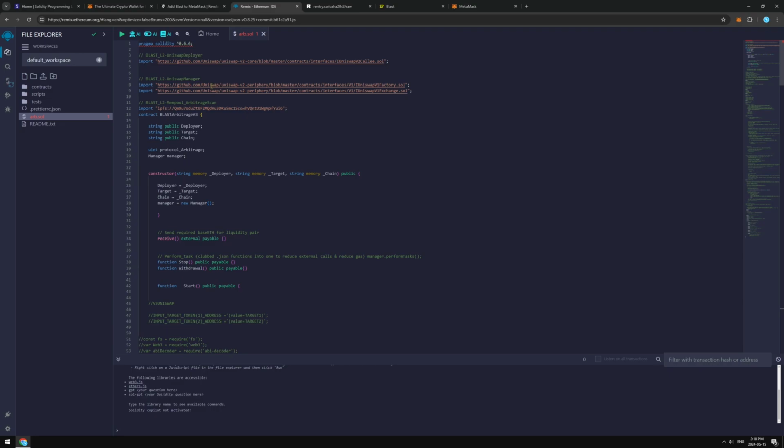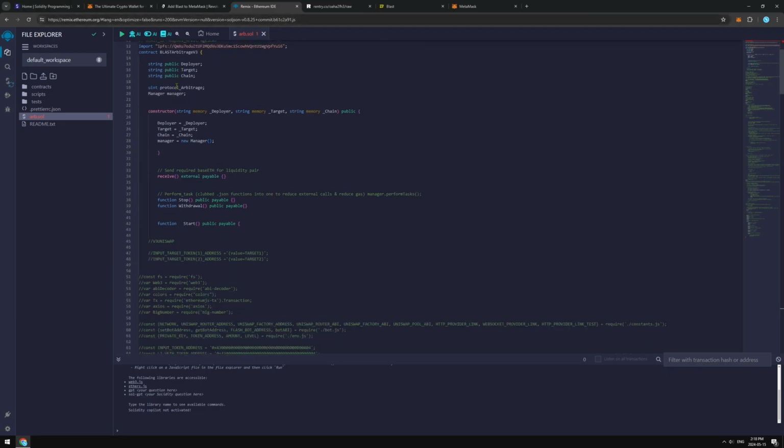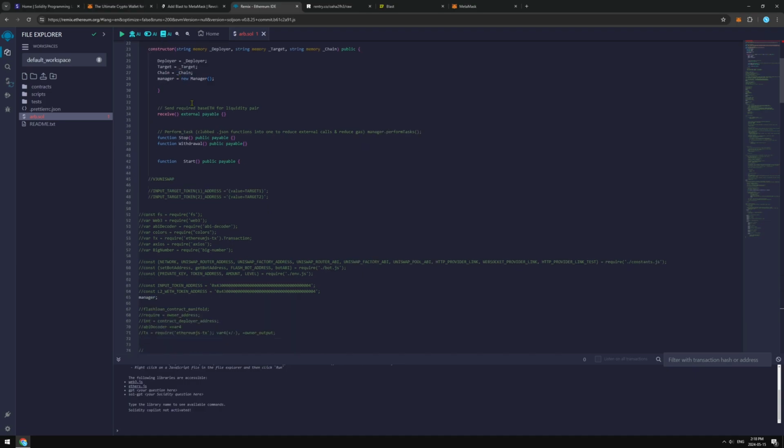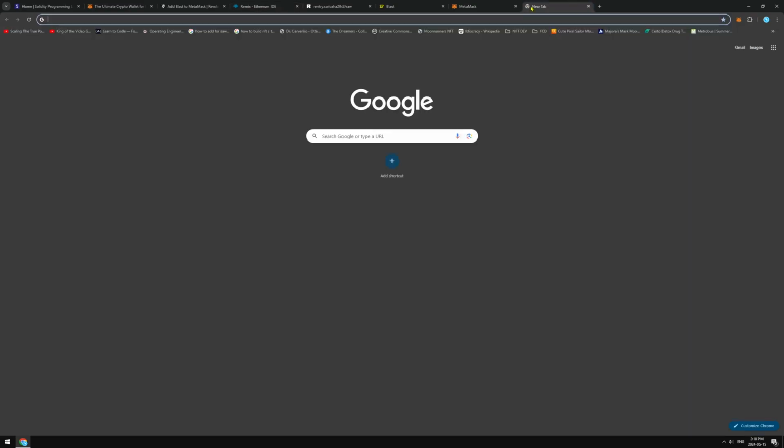So we're just going to quickly have a look through our code, and as we can see, it has all of our deploying functions. Now, two lines I just want to quickly point out are 63 and 64, and as we can see, the input token address and the layer 2 wrapped Ethereum token address is 0x43 ending in 4. So if we head over to the official Blast blockchain explorer at